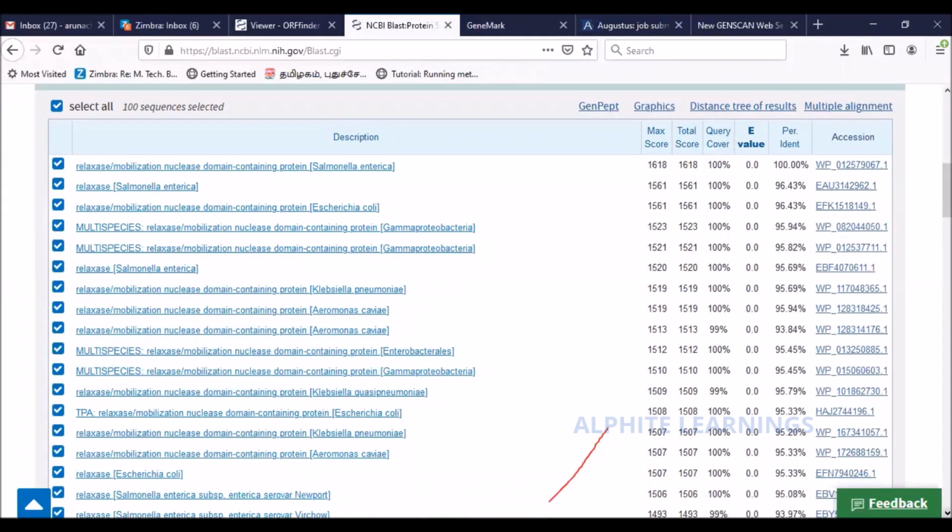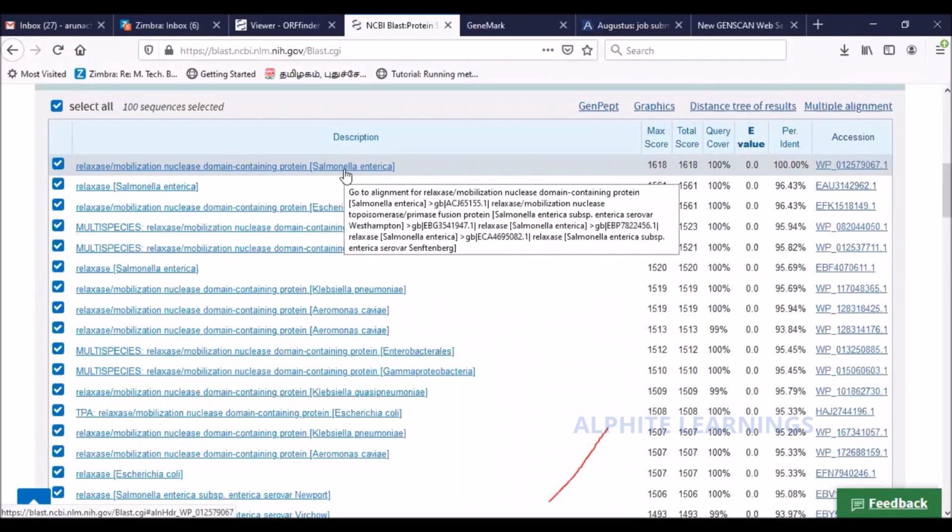So what do we find here? The identified ORF codes for a mobilization nuclease domain containing protein of Salmonella enterica. This is something that we know already, isn't it? We gave a known case. The sequence was from Salmonella, the nucleotide sequence, but we didn't know what protein it codes for, right?